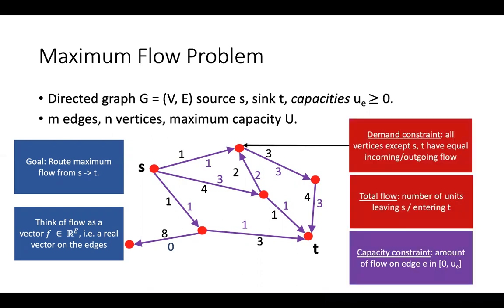The first property is the demand constraint, which says that at all vertices other than S and T, the amount of incoming and outgoing flow must match exactly. Our goal is to maximize the amount of total flow which leaves S, equivalently the total amount of flow that enters T. The capacity constraint is that the amount of flow on every edge must be at least 0, and at most its maximum capacity U_E. So the problem would be to route a flow between S and T, satisfying the capacity constraints, demand constraints, while maximizing the total